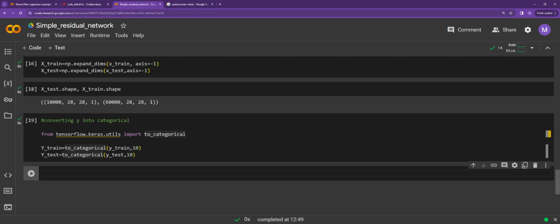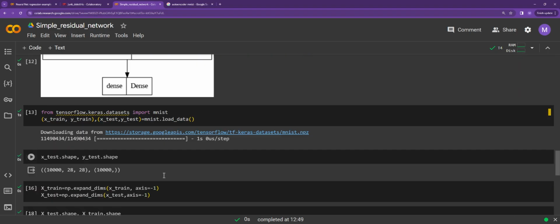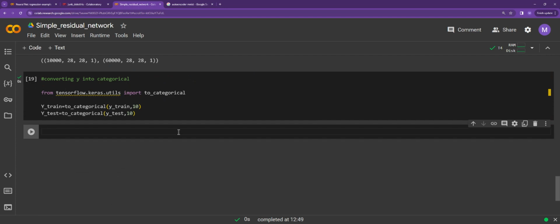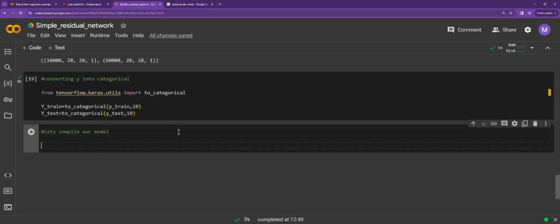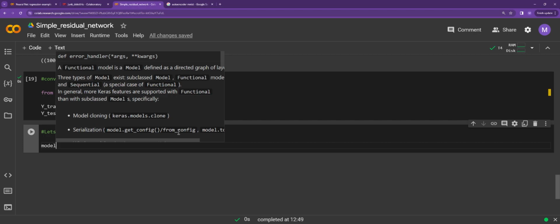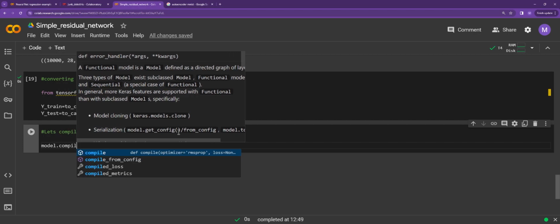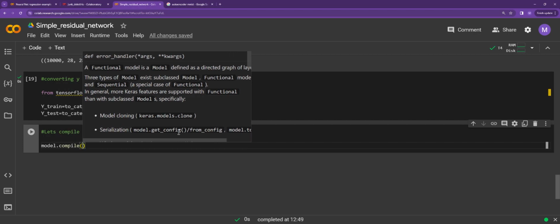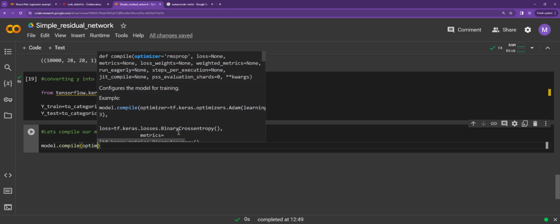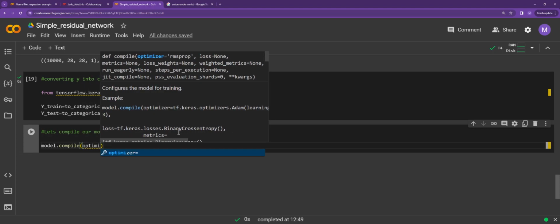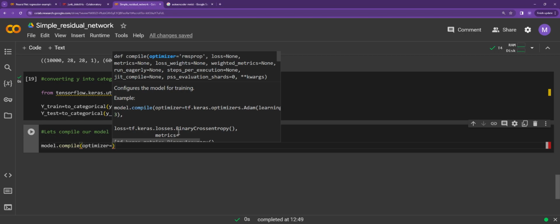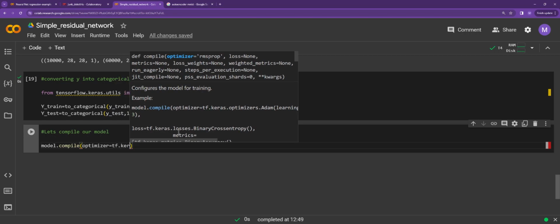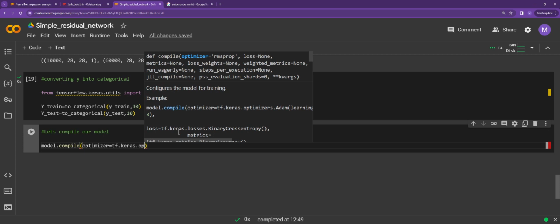We are going to start compiling a model. So we have a model. This is a model. Let's compile it. Okay, so let's compile our model. And then we're going to say model dot compile, and then we're going to say optimizer equals TensorFlow dot keras dot optimizer